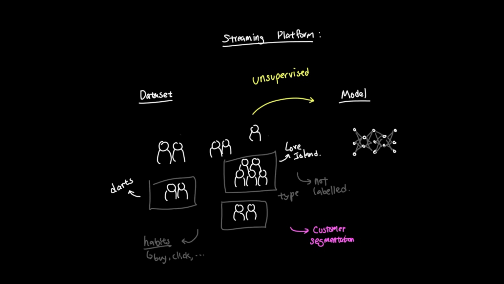Nobody had to manually label these users ahead of time. The model finds a pattern in their behavior and groups similar users together. This technique is known as clustering. The idea is the same whether you're grouping viewers, customers, or houses. Find the natural groups hiding in the unlabeled data.